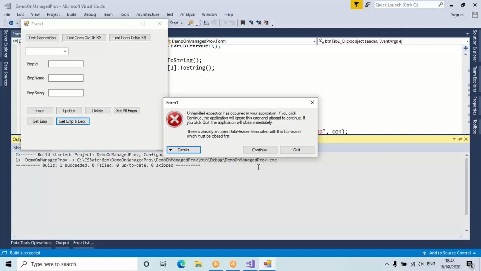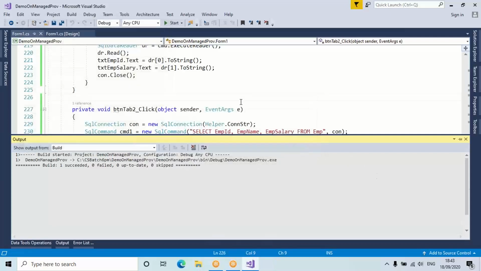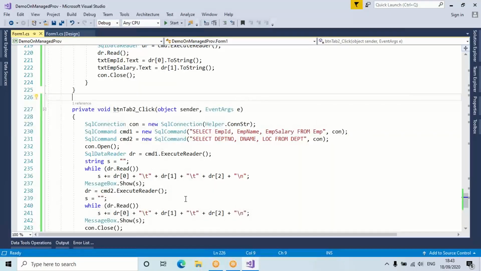Either use two separate data reader objects, read one after the other, or if one data reader object is already open, close that. Any one you do. Still, if you want to read data with one single object, one after the other without closing the data reader object,